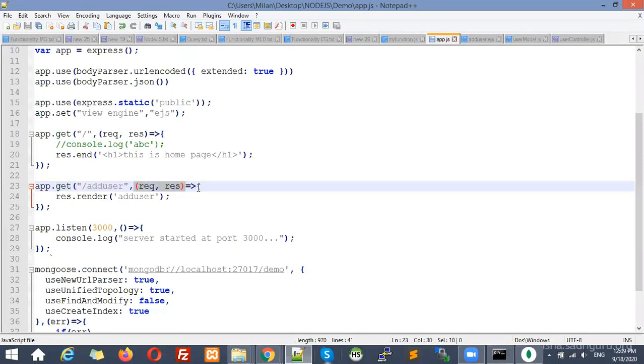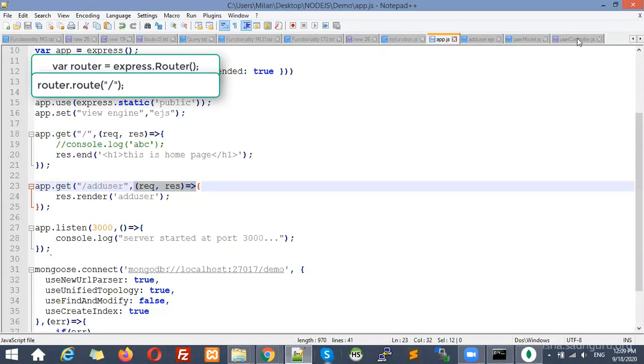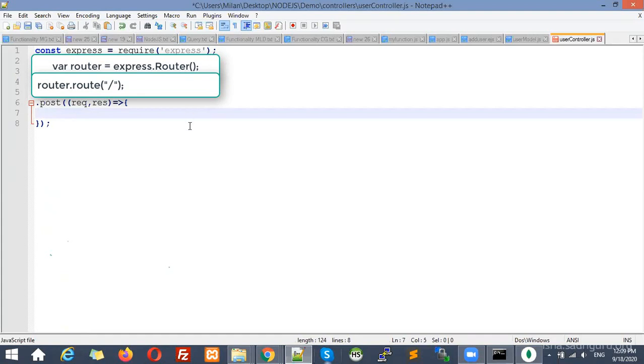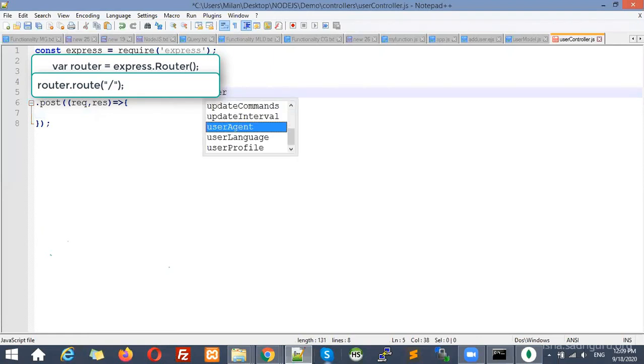Directly we are going to write down this method. So I am going to write down request, response, and then this method. Right? So inside this method, what am I going to do? When it will be called, when I type /user in the browser or with a post request, if I'm going to call /user, this method will be called. Which method? This post method.